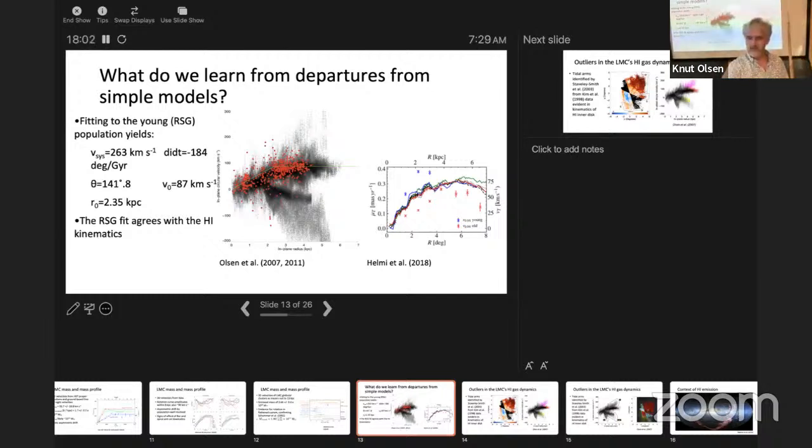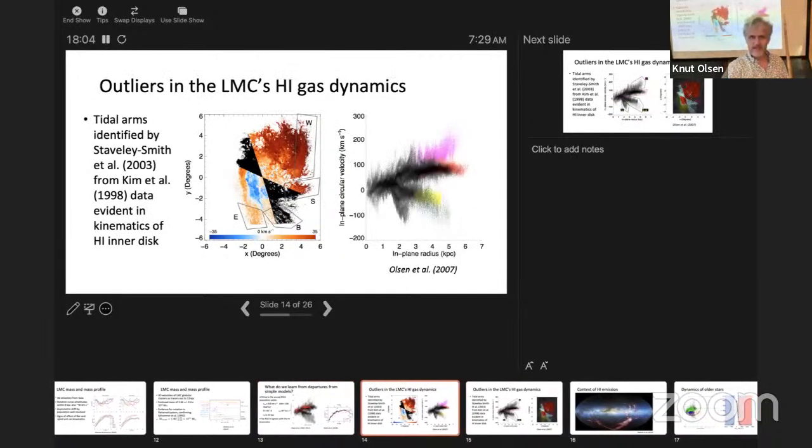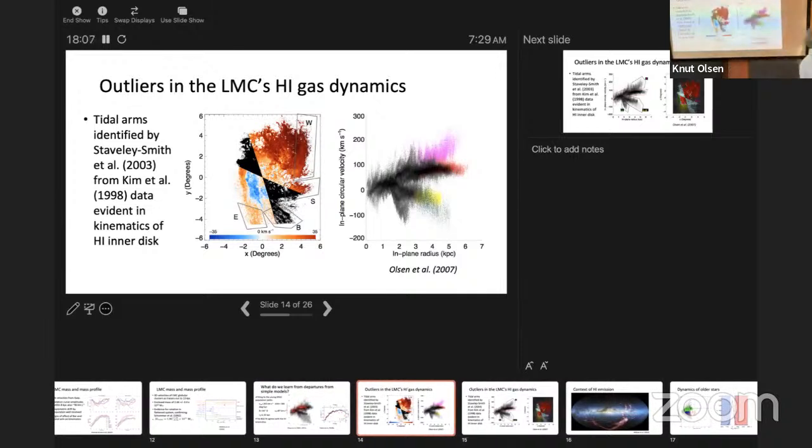To dig into this a little bit further, going back to Sylvia Kim's H1 map, after you take out the center of mass contribution,